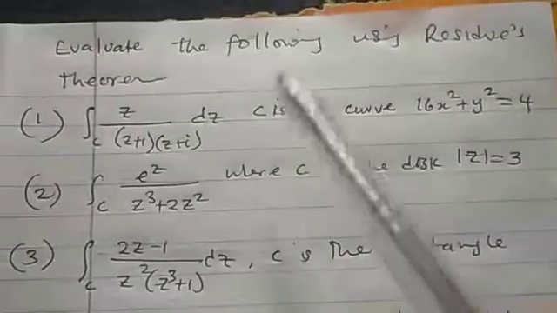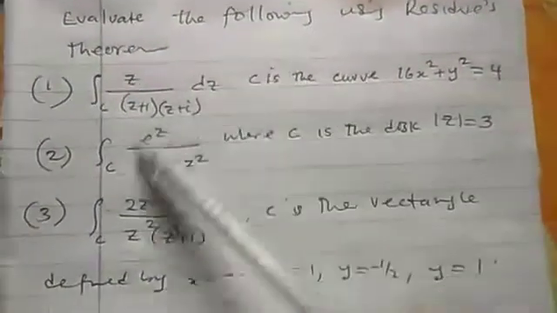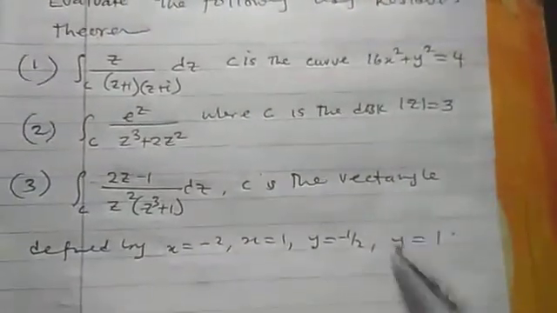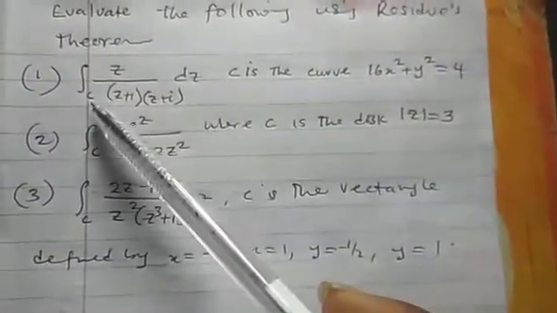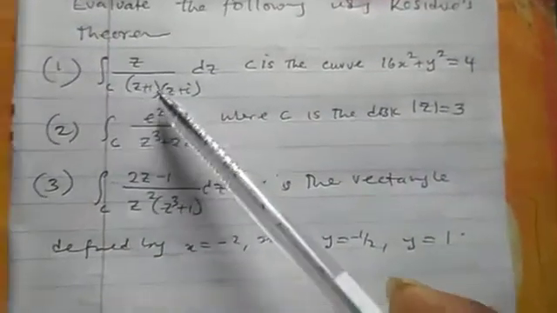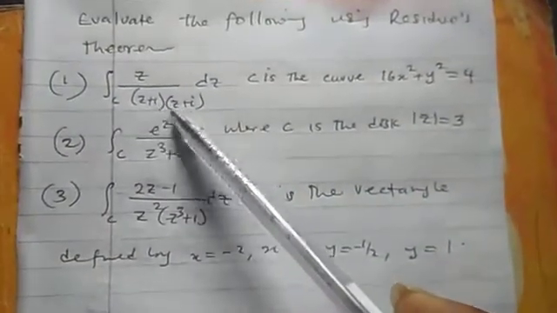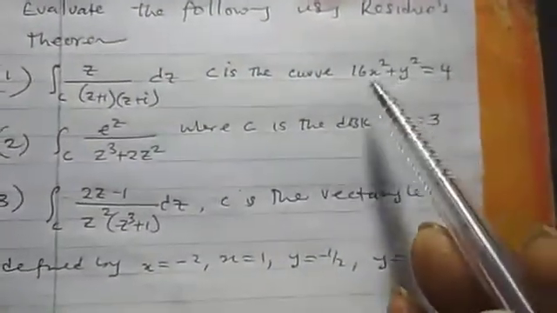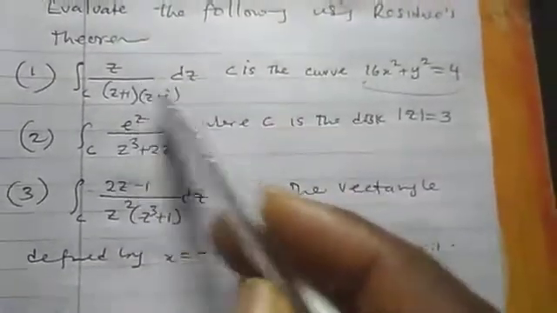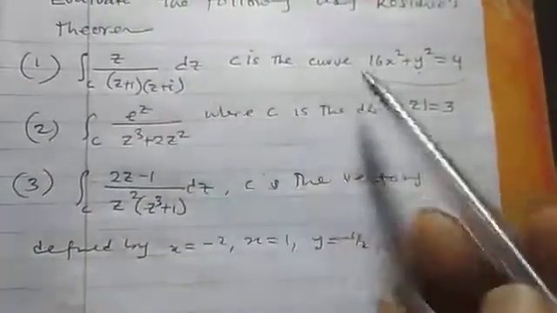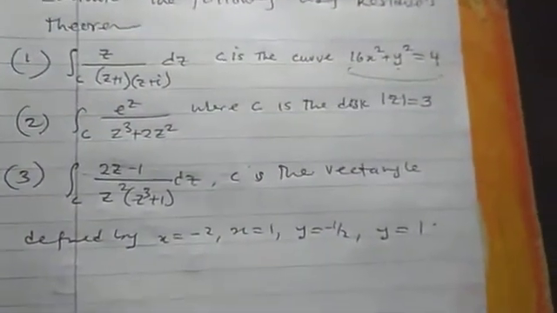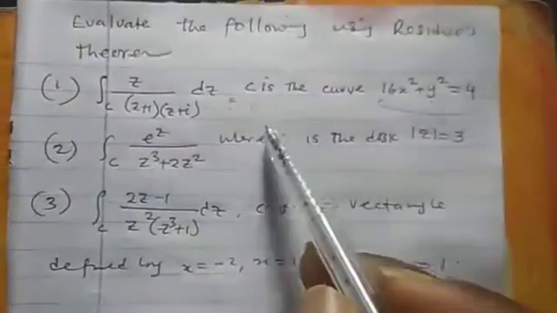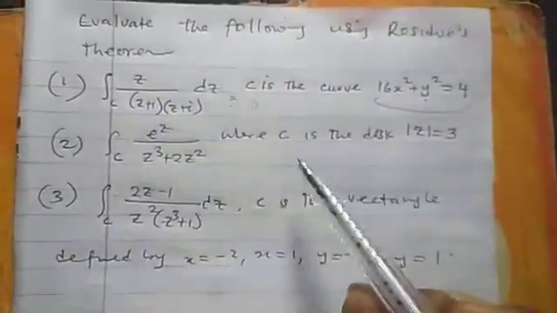You can practice this as an assignment. Evaluate all these using the residue theorem. C is this curve. All these things that are here just help us to know whether these points lie inside this C or not. So we need to draw this curve and know whether any of these two lie inside it, either both of them or one of them or none of them. Because if none of them lies inside it, then there's no work. We just say that the answer is 0 by Cauchy's theorem.